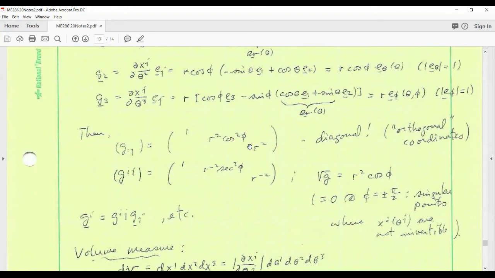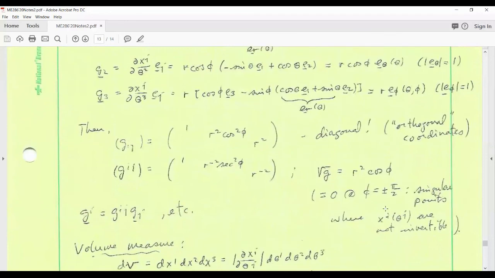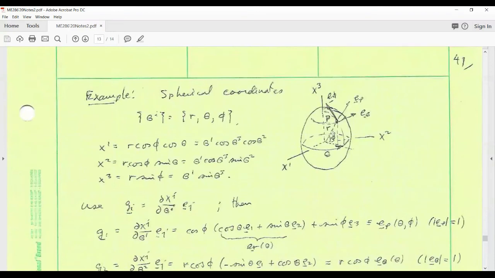previously. So we take the determinant of this and take the square root, that's r squared cosine phi, which of course is always positive, except at the north and south pole, where phi is plus or minus pi over 2. If you remember, whenever the determinant G vanishes, that means that the relationship giving the Cartesian coordinates in terms of the curvilinear coordinates cannot be inverted at those points where that determinant G vanishes. So in a spherical coordinate system, we have two isolated points, the north and south poles of the sphere,